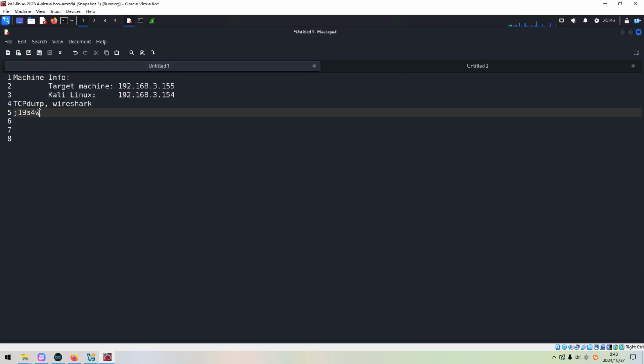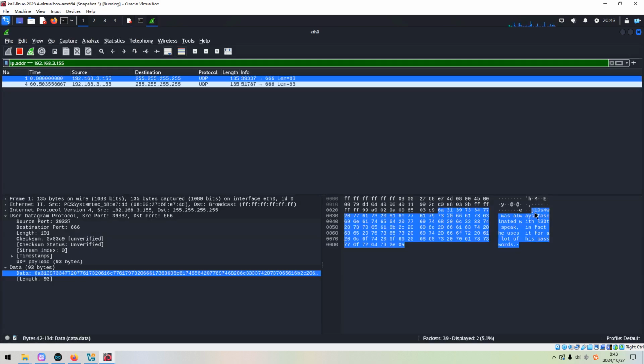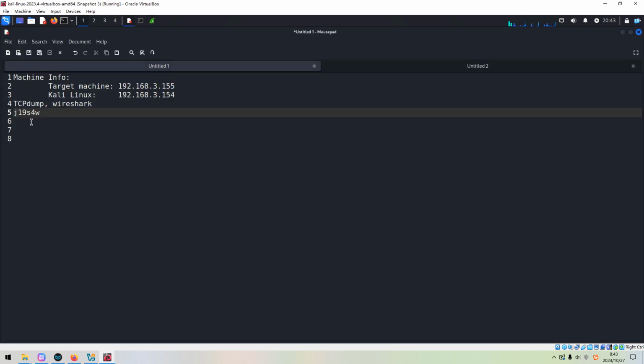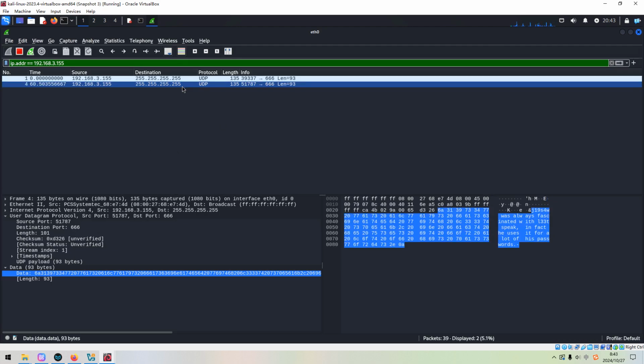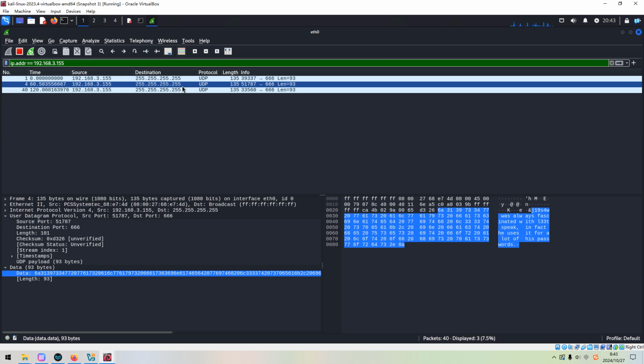Let me make a double check. Okay, so I think now we got the second broadcasting message. The content and the payload are the same. So I think we do not need to use Wireshark anymore. We can close up the Wireshark.